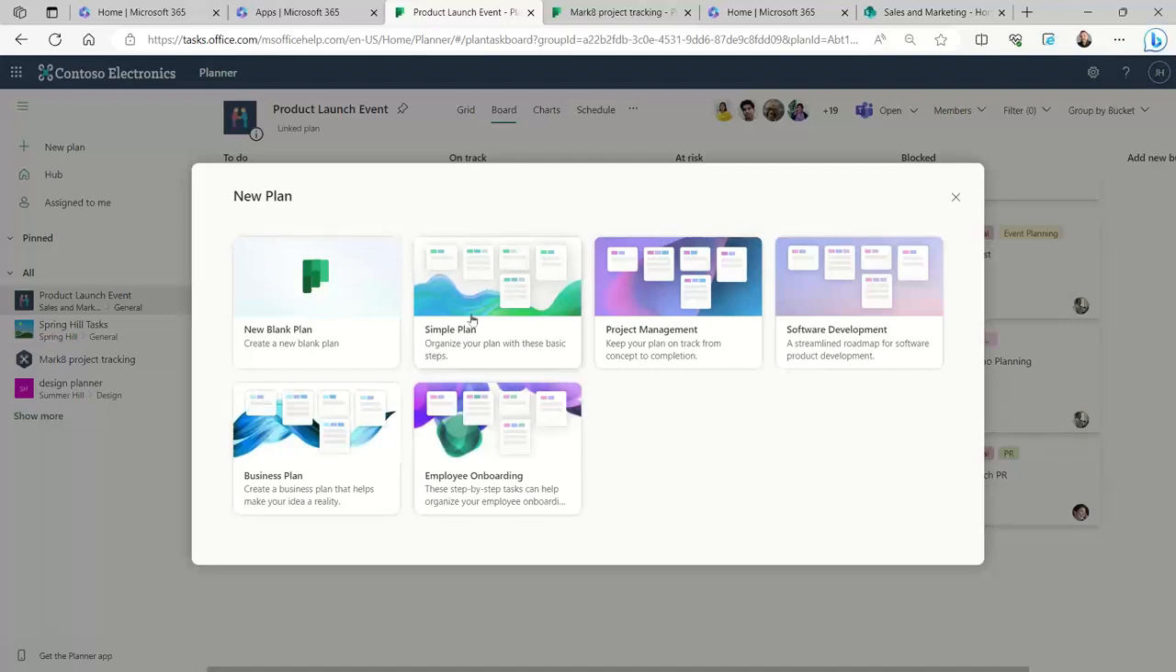So if you know you want to create a plan in Planner for employee onboarding, because it's so hard to keep track of, like, all right, we've got this new hire group and there's dates and there's paperwork you have to complete and so on. This has a lot of step-by-step stuff that is common, like business plan, project management. Obviously, that's a good one. And then software development and a simple plan. I'm going to show you at first